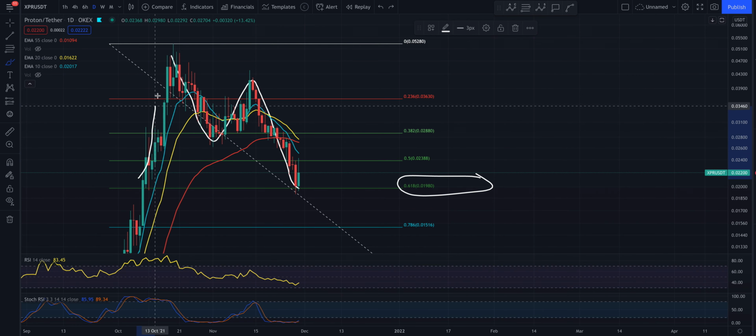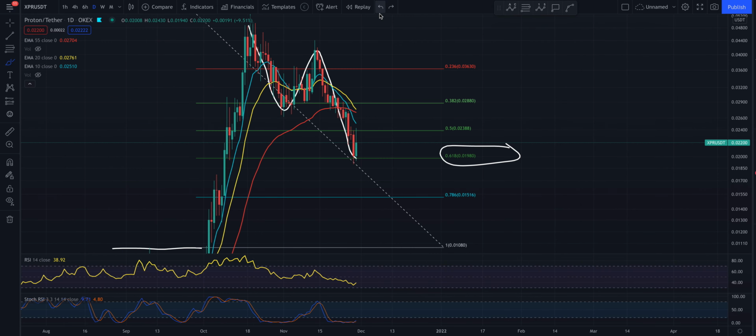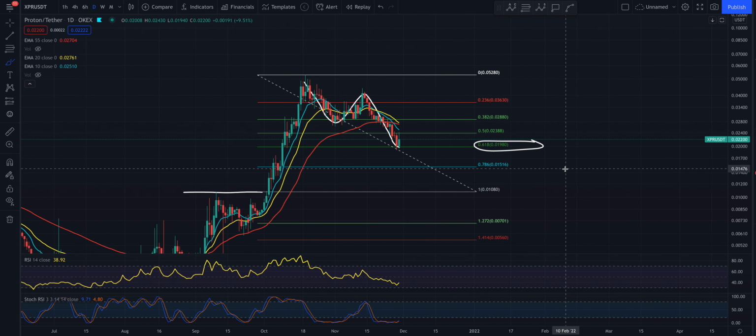If you get too overextended from the EMAs, look, you've got a lot of space here between the EMAs, you come back to them for support. Again here, you had a little overextension from the EMAs, you came back to them for support and you lost it. So watch this space for XPR, because you could have just had a massive